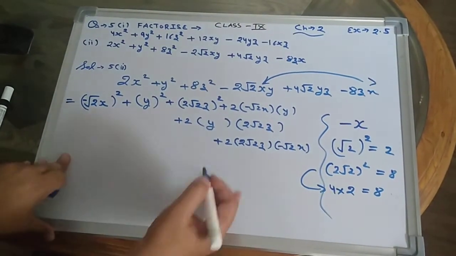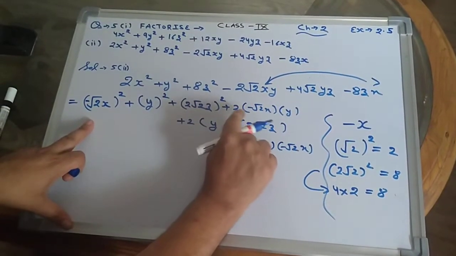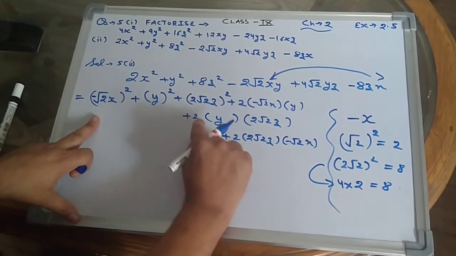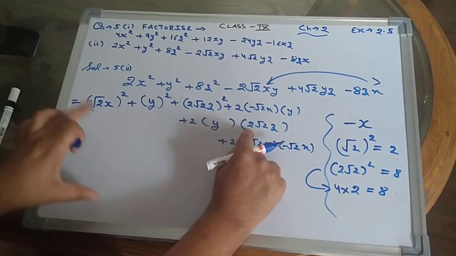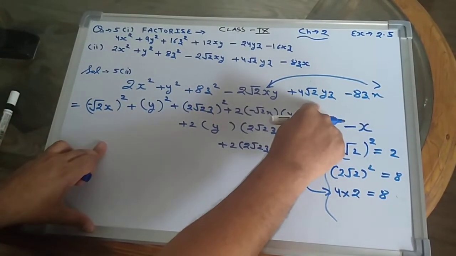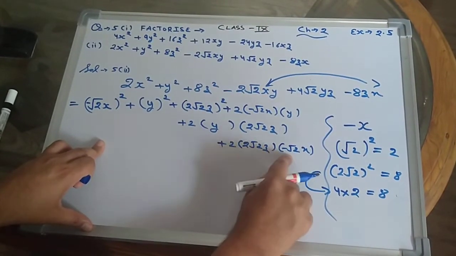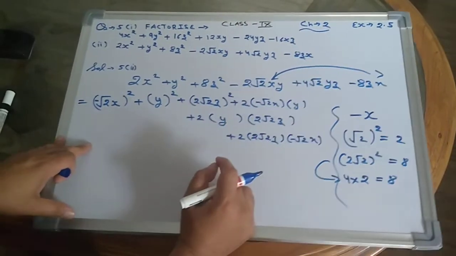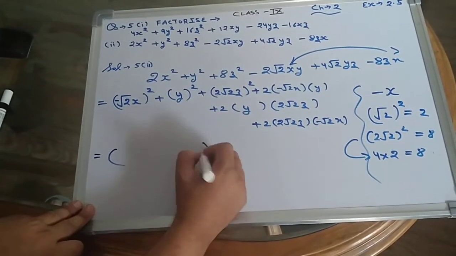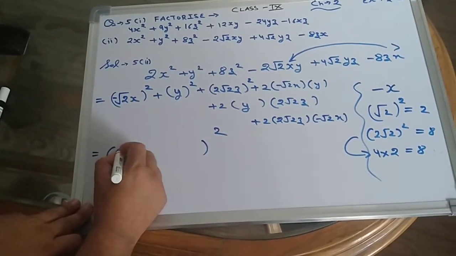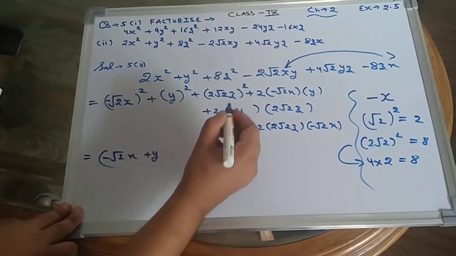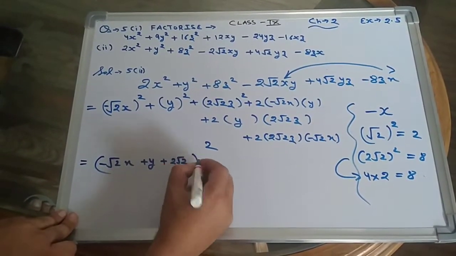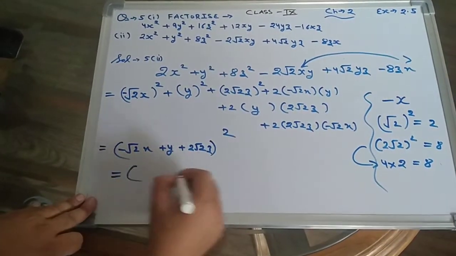Now this is the way. You can easily see that when you multiply this, minus 2 root 2 xy comes out. When you multiply this, 2y into 2, 4y root 2 z comes out. When you multiply this, 2 2s are 4, 4 root 2 into 2 root 2, 8, this comes out. Now I can put it in the form a plus b plus c whole square. Our a is minus root 2x, b is y, and our c is 2 root 2z. Now I can easily factorize this.